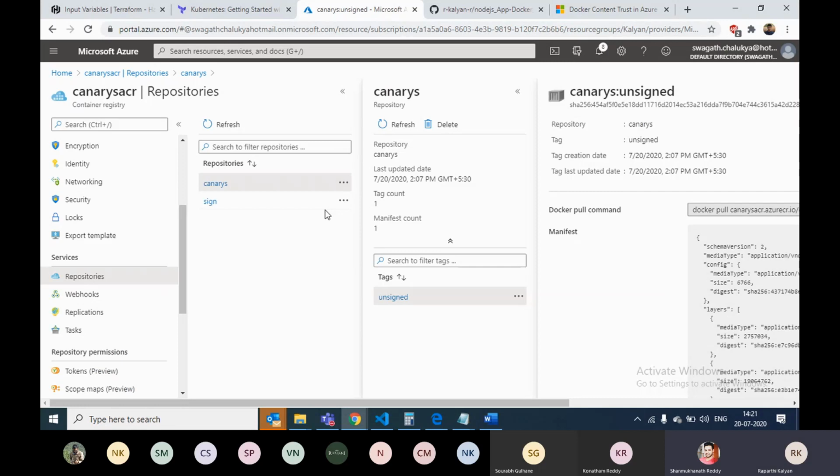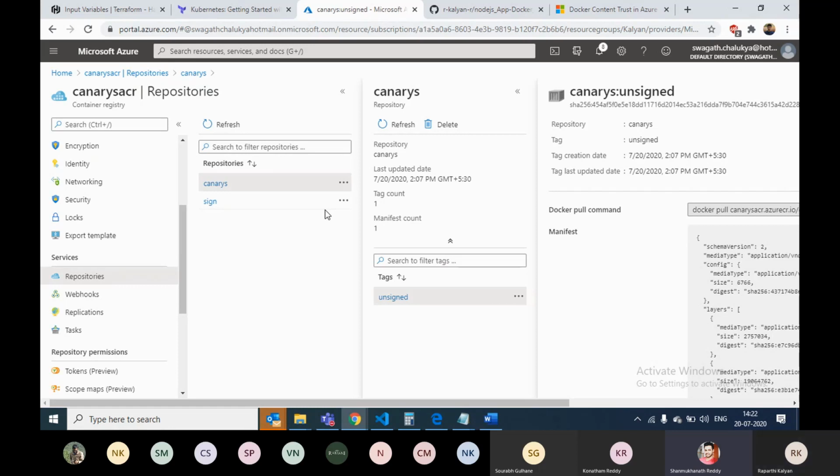So no, it has nothing to do with it. I don't think so. Kubernetes doesn't support these signed images. You need some other open source tool to authorize your signed images to be pulled. When content trust is enabled here, you are able to pull the image. That is fine. But when it is enabled, you are not able to push.